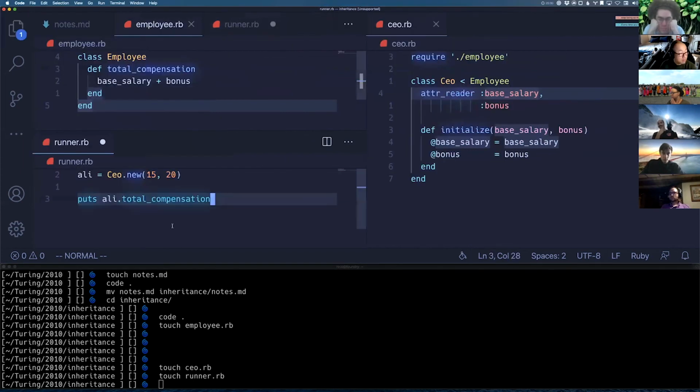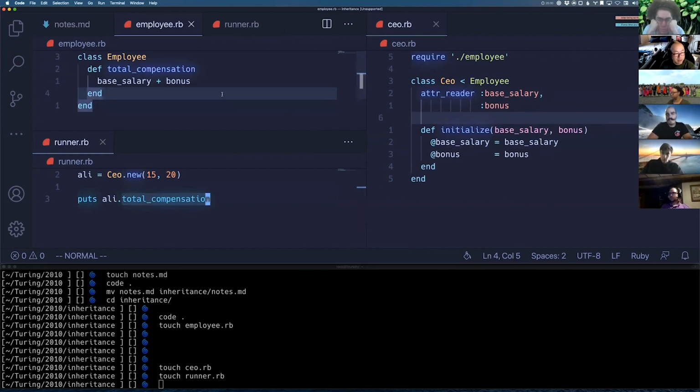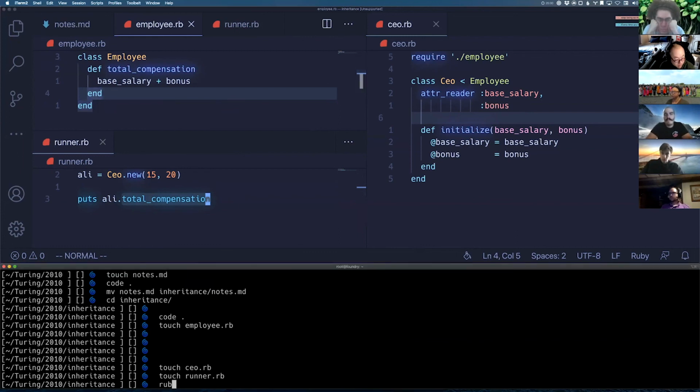So in this runner file, and this runner file is going to instantiate a new CEO. Their base salary is going to be 15. Their bonus is going to be 20. And we're going to call the total compensation method on the CEO object. The CEO object takes the base salary and the bonus, and it's going to save it there. And it's going to inherit from the employee object. And when I run it,